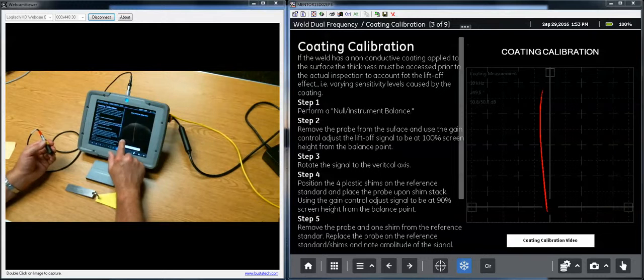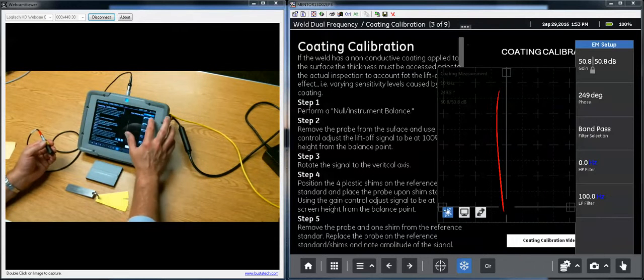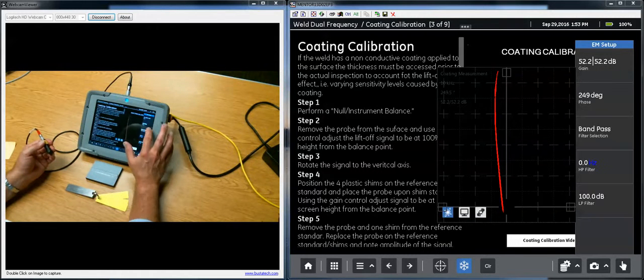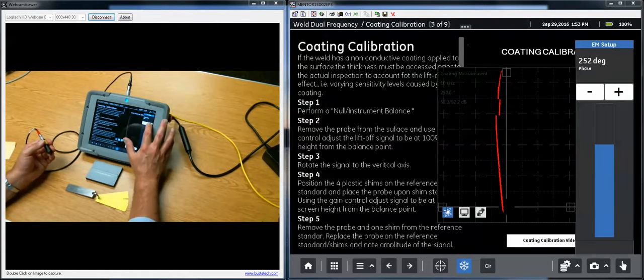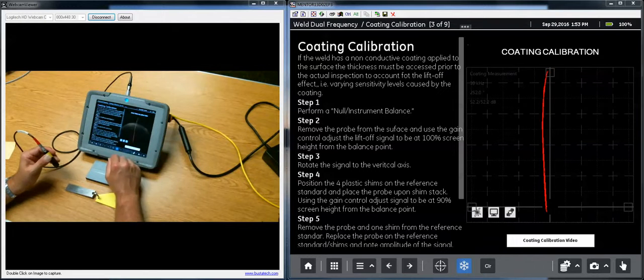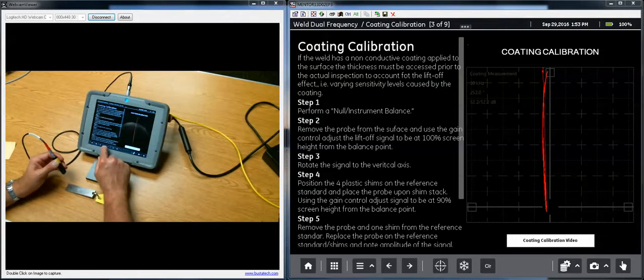Okay. I can also do these things by opening a menu, and I can control the gain in smaller steps and with more precision by opening a menu and moving things around that way. Okay. So I get my signal to full screen height that way. I go to my next panel,